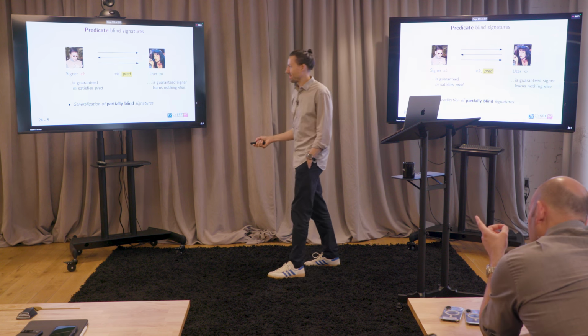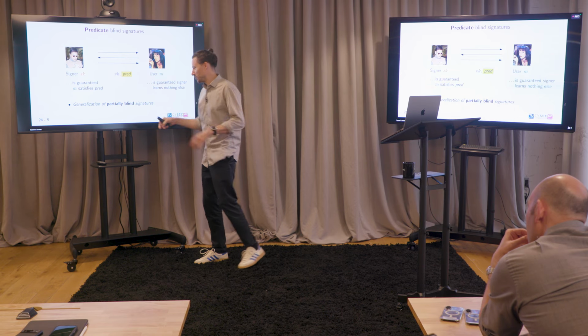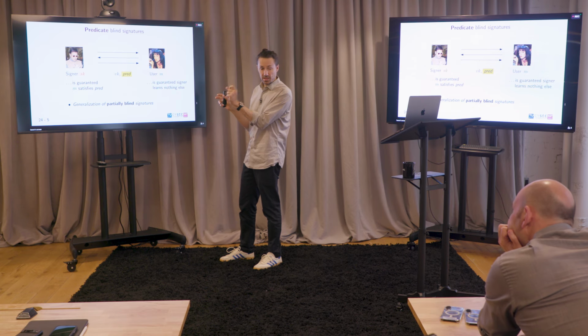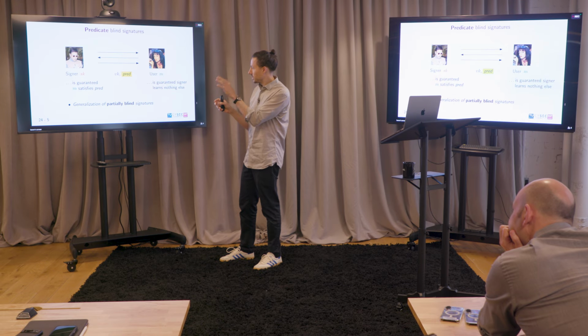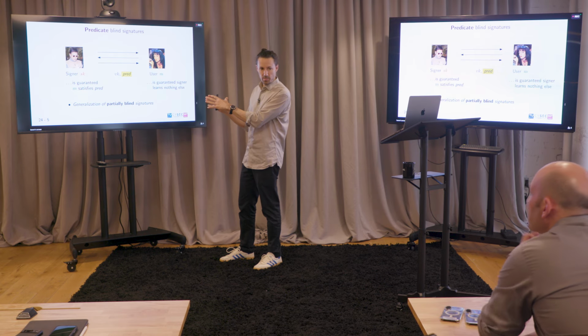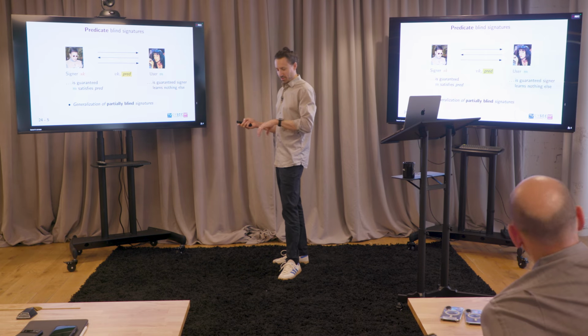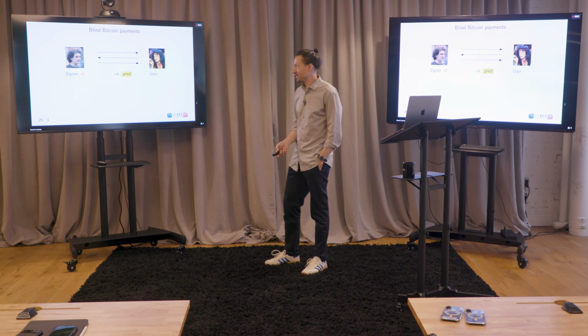I'm sorry, the point is any verifier also learns about the predicate. No, that's the thing, right? In partially blind signatures, if you say that the public part is kind of the predicate of the message, that's something that the verifier learns. And the nice thing about these predicate blind signatures is that the result is a signature on a message and nothing else, and it's completely independent of the predicate. I see. So the point here is that the signer may only want to sign certain messages, such as messages that don't break the law or whatever. Exactly.